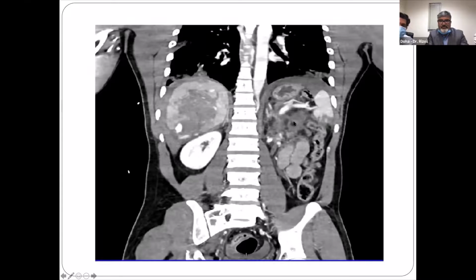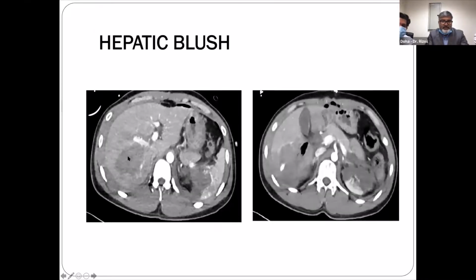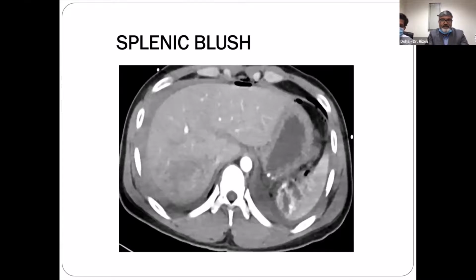A little bit of hematoma on the left side. Another image of the parenchymal hematoma and the tail of the pancreas, hilum of the spleen area with a hematoma. And this is the kidney, which has encased the superior pole and the adrenal gland. And again, we can see the blush on that right lobe of the liver. The splenic blush was not that significant, and it was again deep-seated within the parenchyma.